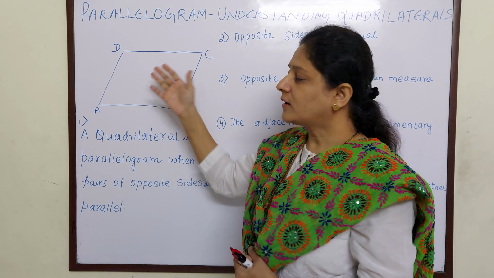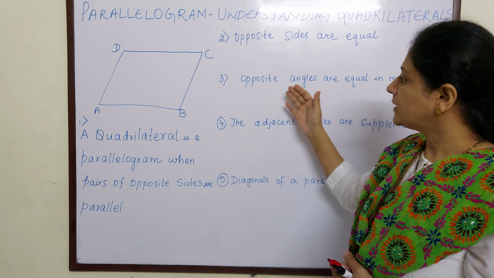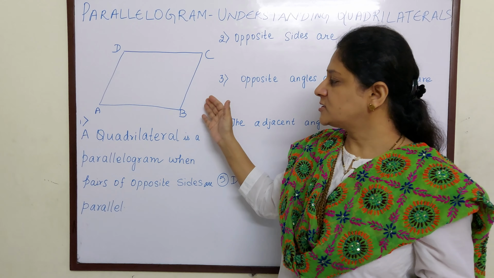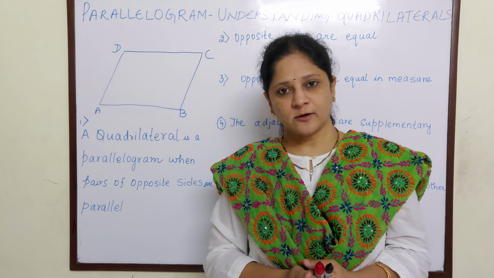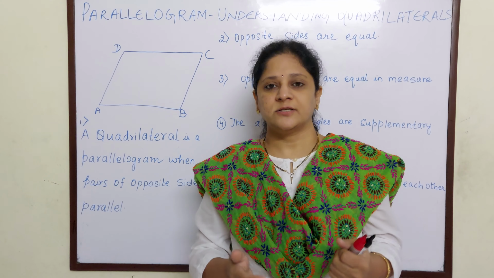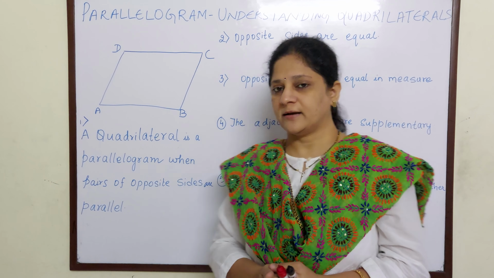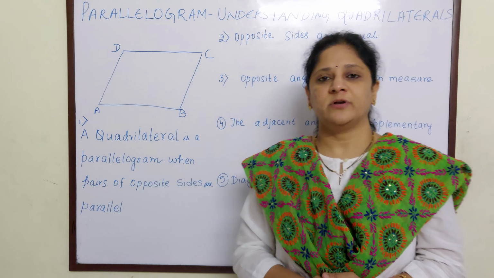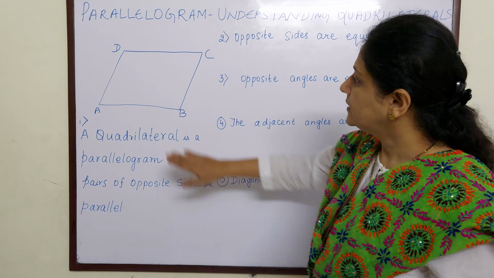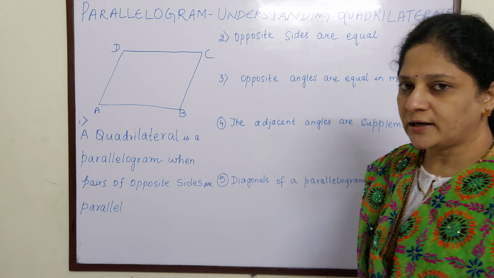That means what is a parallelogram, what are the properties of a parallelogram, so that we can solve the word problems based on parallelogram. And if there is any figure given to you and they have asked you to find the value of x, y, z, if you know the properties you will be able to solve it very clearly. So let us start. So this is a shape of a quadrilateral.